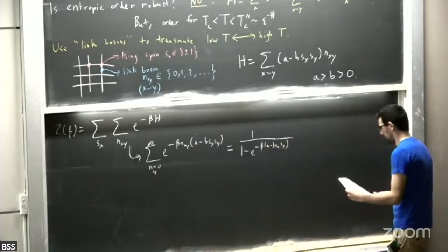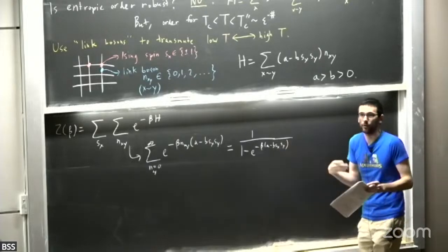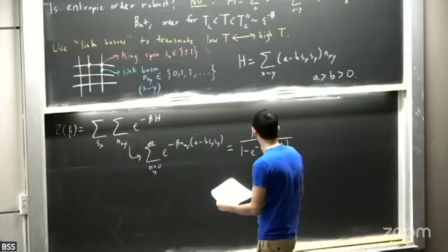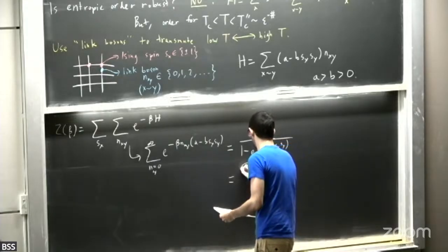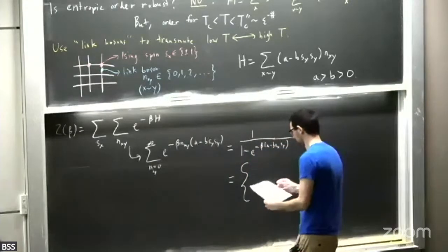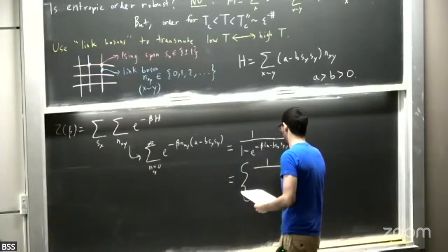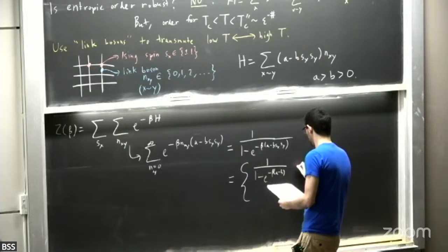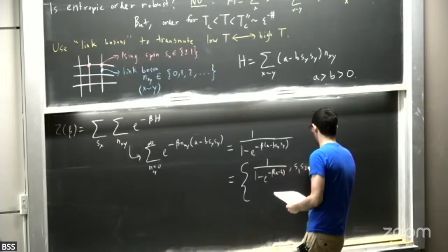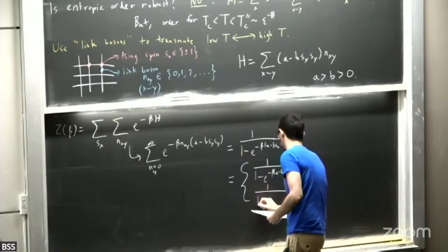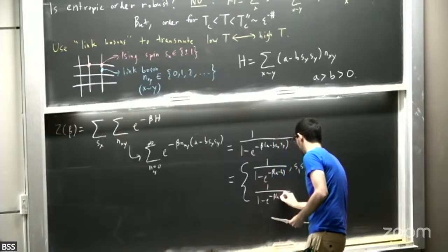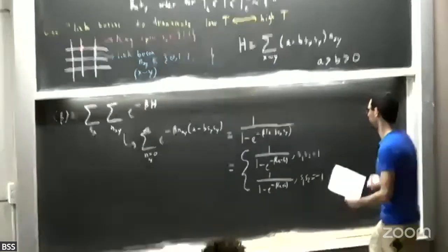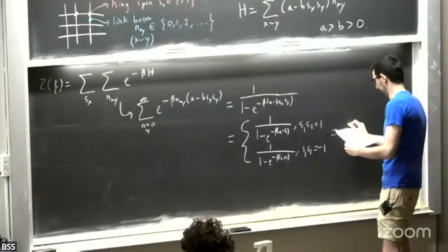And the point is that Sx, Sy can only take two values, +1 or -1. So we can, of course, rewrite this formula as 1 over 1 minus e to the minus beta (A minus B) if S1 S2 equals 1. And I'm being pedantic here because, as you'll see shortly, we can nicely rewrite this formula as e to the